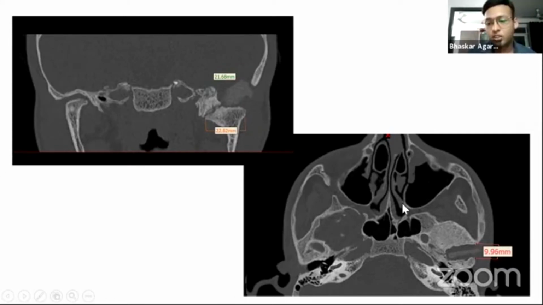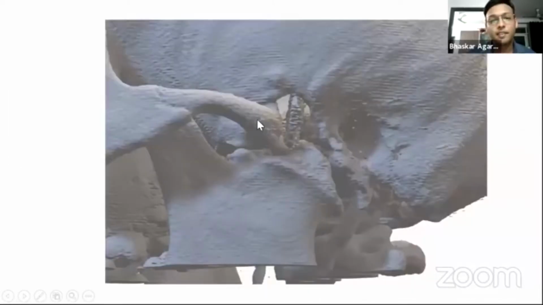And this is another dimension anteroposteriorly, and in the middle you can see the silastic. So the treatment was to remove the silastic, repair the cranial base, and do the osteoarthrectomy. So this is the 3D printed model of this patient. You can see the anatomy.